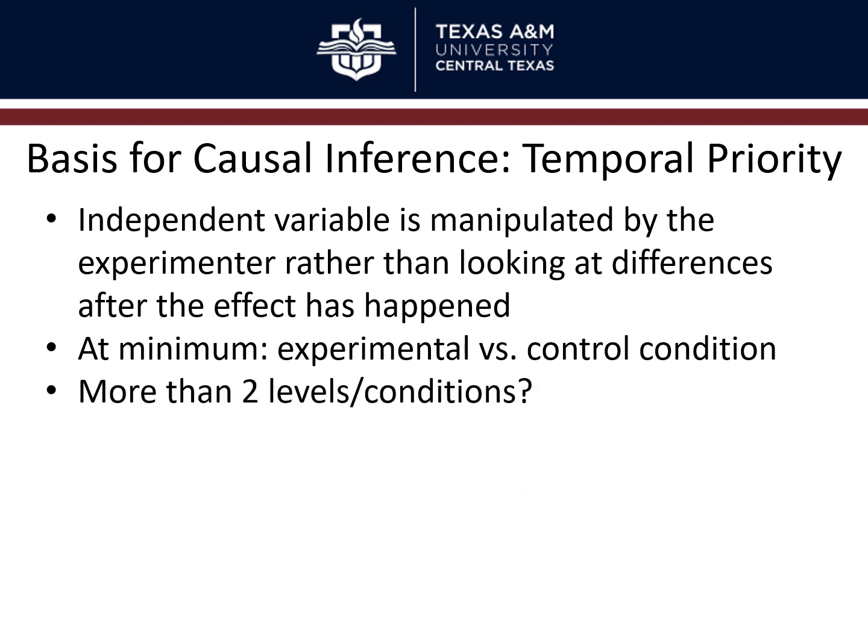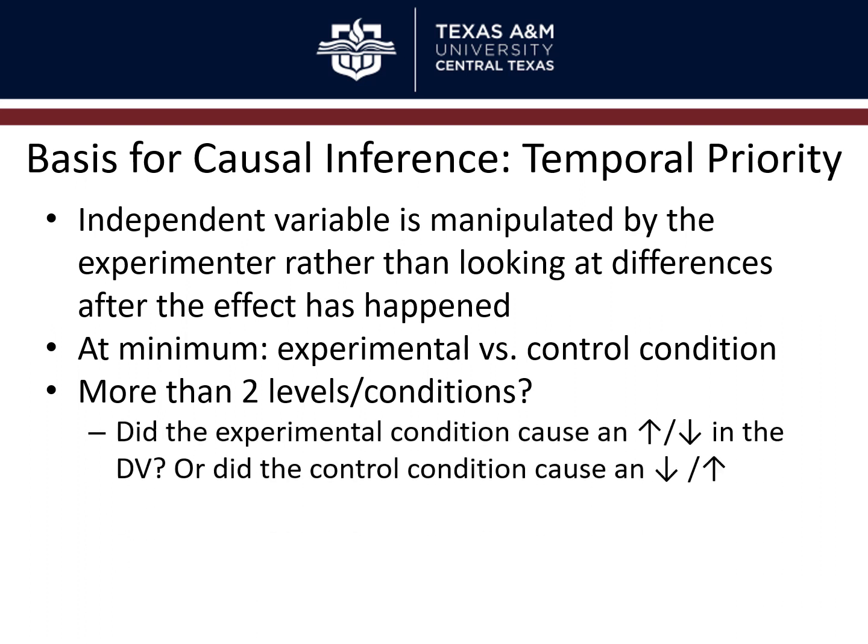But sometimes you may need more than two levels of an independent variable, more than two conditions. One thing this helps answer is the question, did the experimental condition cause an increase in the DV, versus did the control condition cause a decrease? Or vice versa: maybe the experimental caused a decrease, or was it the control that caused an increase? So what I'm saying here is, if you have two groups